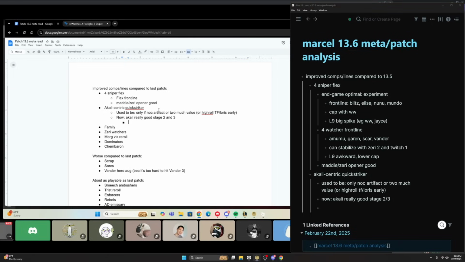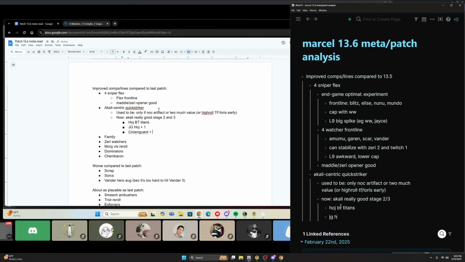So you can play the standard melee items like Hodge, BT, Titans. I've seen it with JG, Hodge, plus 1. I've even seen Crown Guard plus whatever. It doesn't seem like